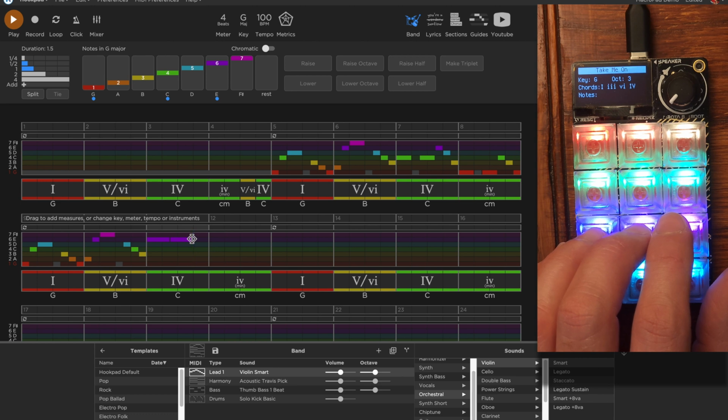And the nice thing about Triad is that we can experiment. It's going to largely fall within where we want in the harmony.